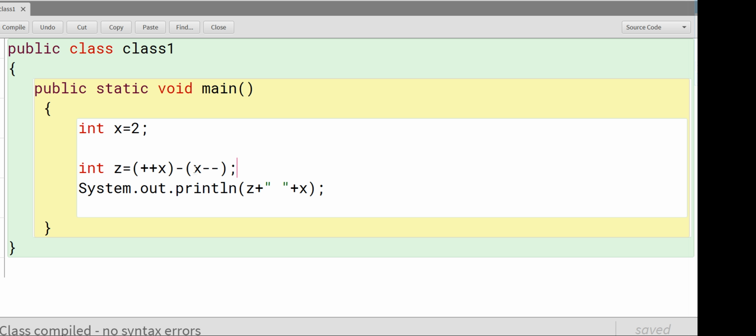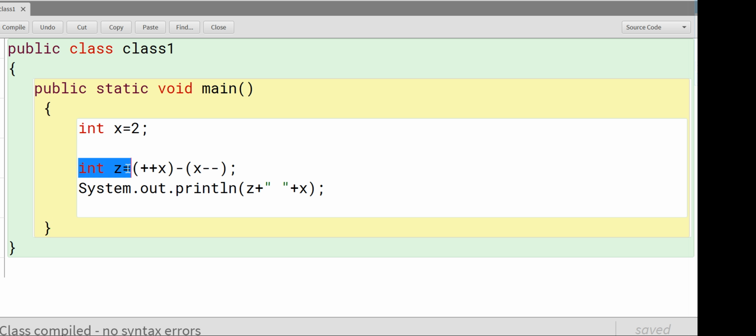And if it is used in the postfix form, then the value will be used first, and then its value will be changed. Is it clear?